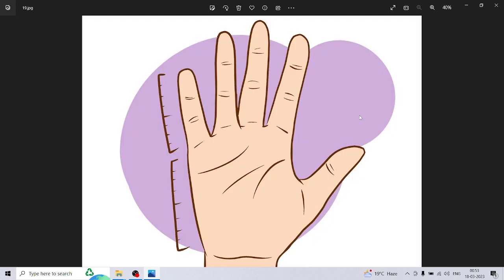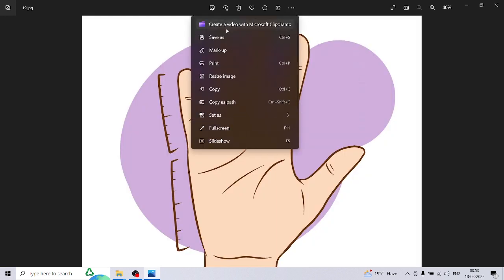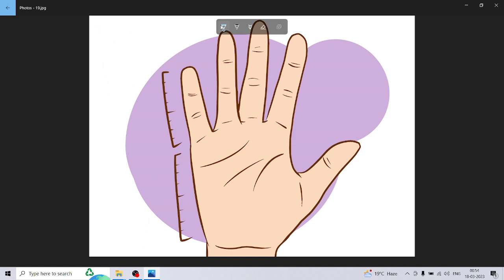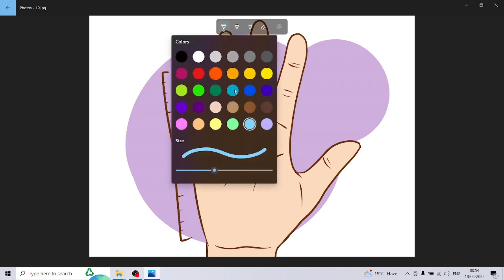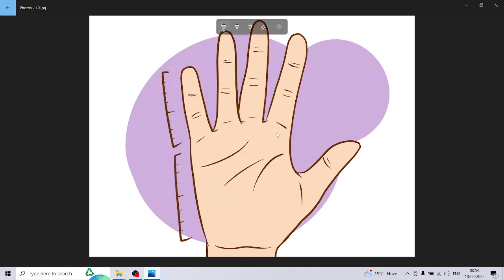And let me show you where the mount of Venus is. With a sky blue sketch pen, you make this. I'm not going to use a sky blue color right here. I'm going to change the color to black. So just below your thumb, this whole area is the mount of Venus. This whole area is the mount of Venus, and you have to make that symbol on the mount of Venus